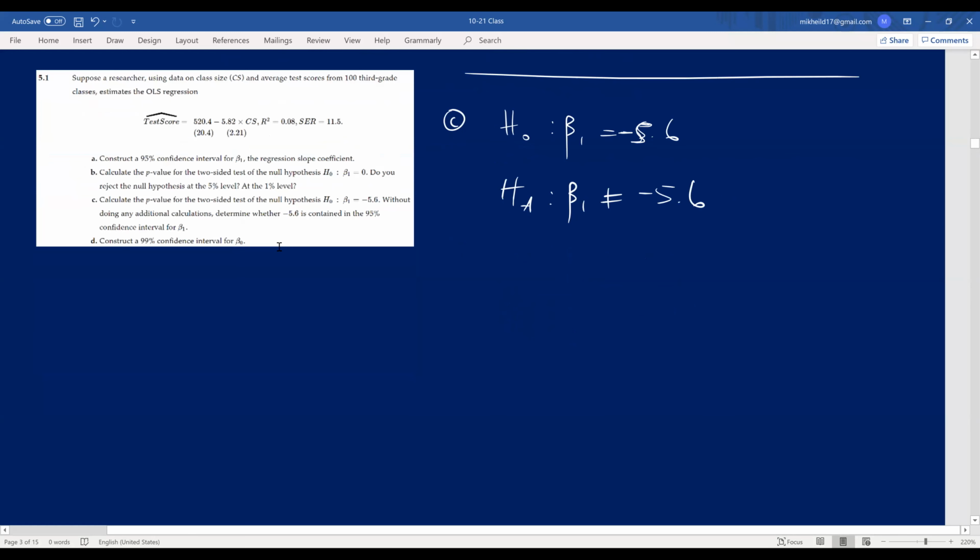Without doing any additional calculations, determine whether minus 5.6 is contained in the 95% confidence interval. So to answer this very simple question, you really need to understand everything in detail. So for part B,